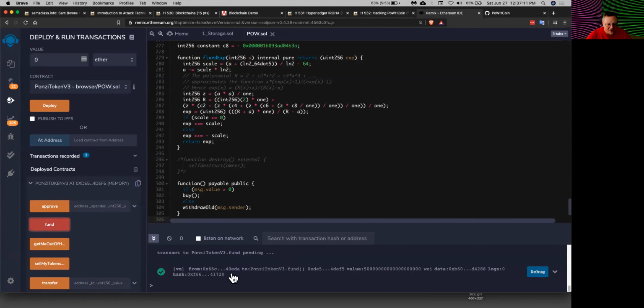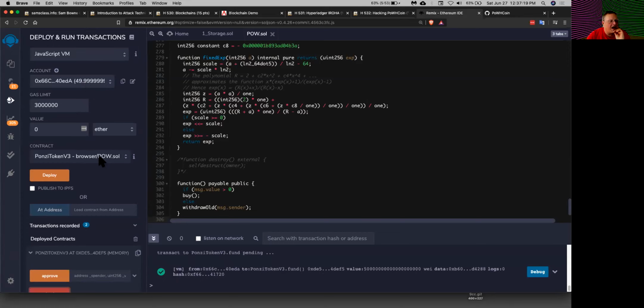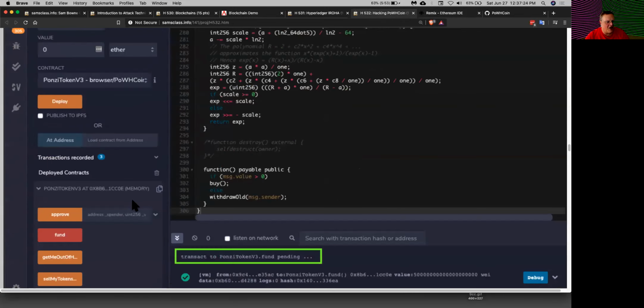So that is a transaction, and the check mark tells me it worked. So now, if I look at my balance, I'm now a little below 50 ether here. And the fund has that money. All right. Now,